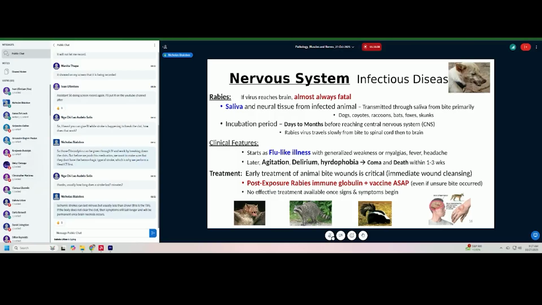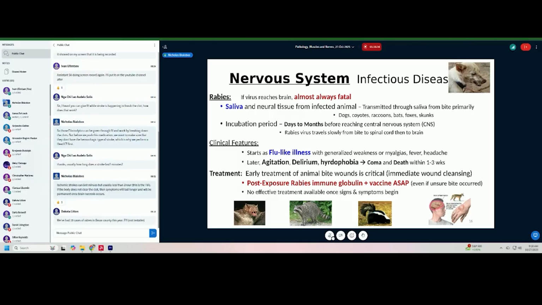Now, it's a slow process, so it doesn't happen quickly, but I will say it really depends on where you're bitten. If you're bitten anywhere close to the brain,